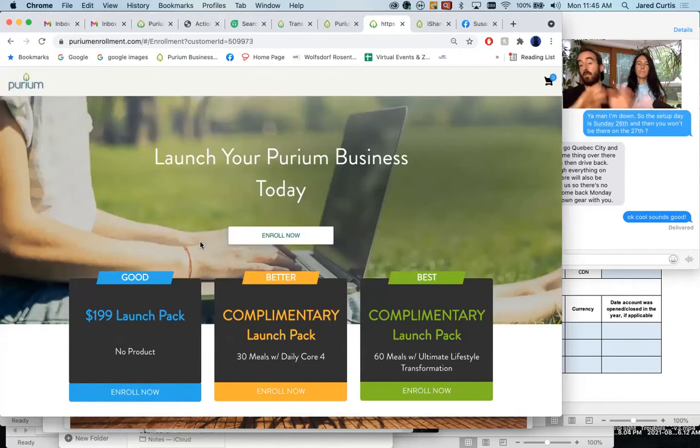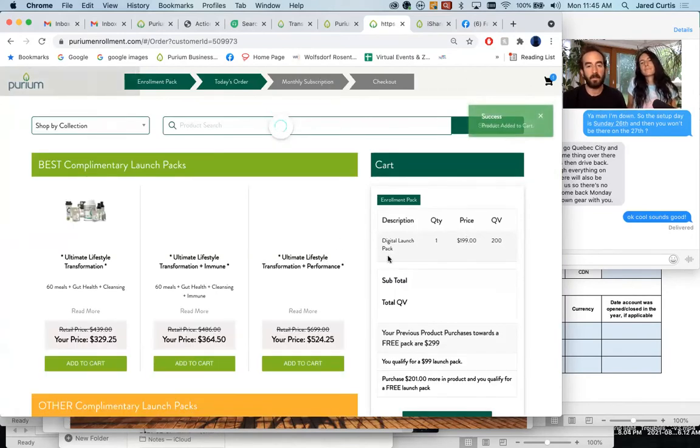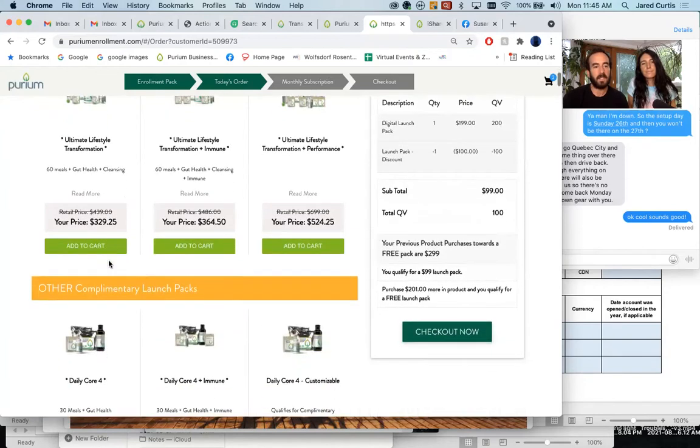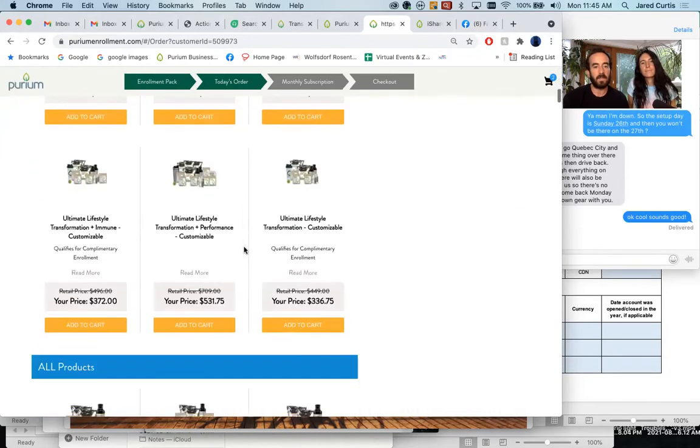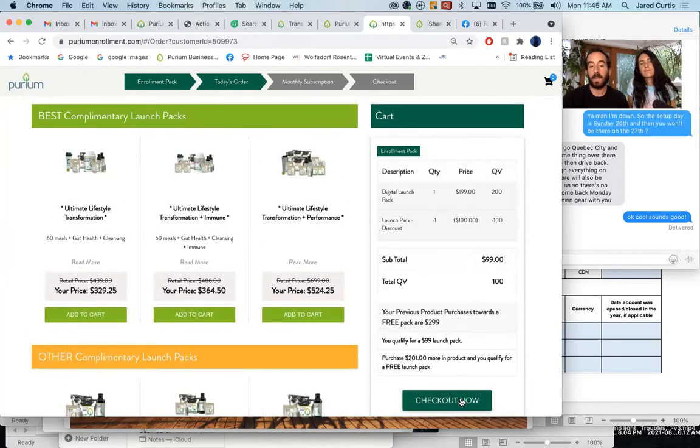Yeah, and like you just did, to either enroll or upgrade, you just go through this process of enrollment, and if you ordered within the 30 days, it'll take off the price of this launch pack. It'll say minus $199. Like this person didn't order quite enough, so it just says minus 100. So any one of these packages here gets you the business for free, anything in these top 9 packages. So they click checkout now, and then they do their smart order in place and create their own gift code,